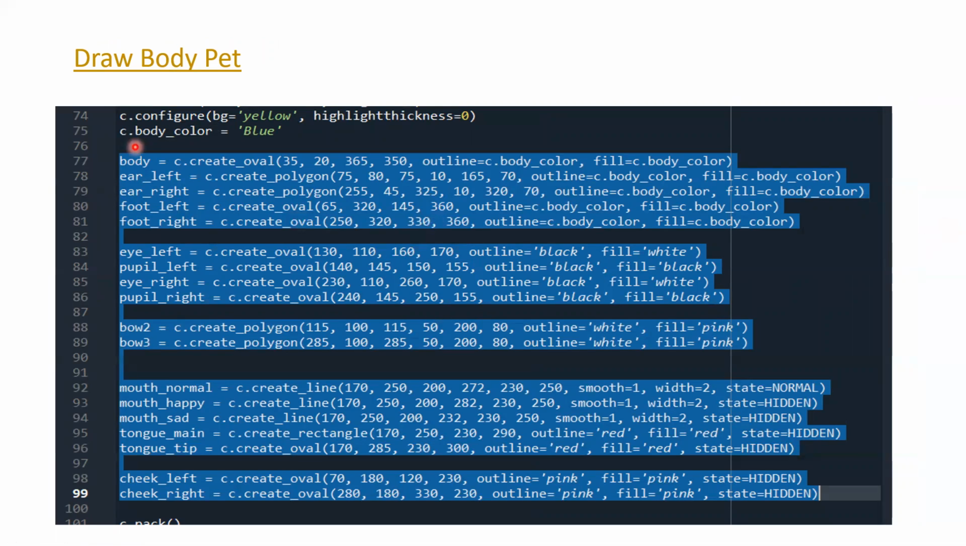And the next part is draw the body. Once we have the screen that the pad will display, then we start to draw the body. This code is the body drawing of the pad. So the body is created according to this code. We have two ears, left and right, and these are the x, y coordinates of the coordinate system,